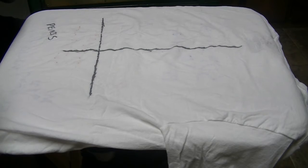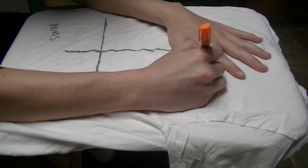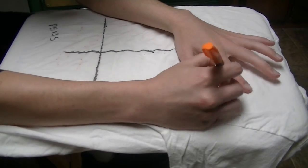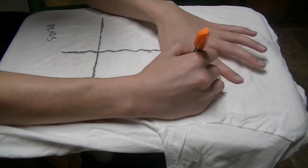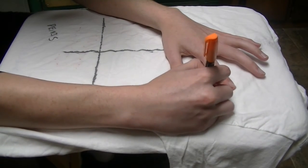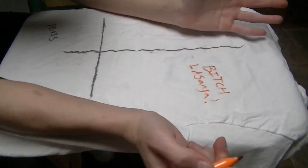And then we're going to get an orange, because we're not done yet. This is a 15-minute video, we're not done yet. We got to get that ad revenue that I'm not going to get. And we're just going to write, bitch. Hey, spell lasagna. I think I misspelled that. But who cares? We're stupid, so